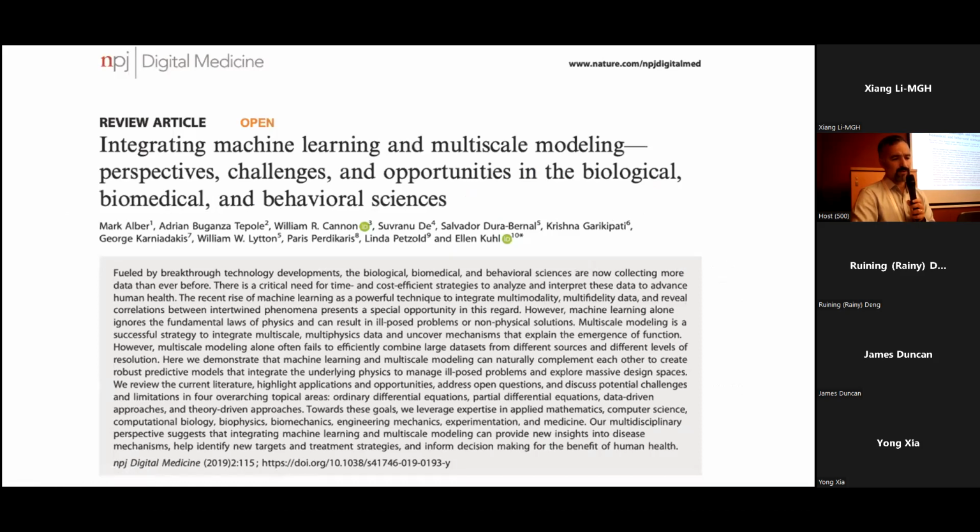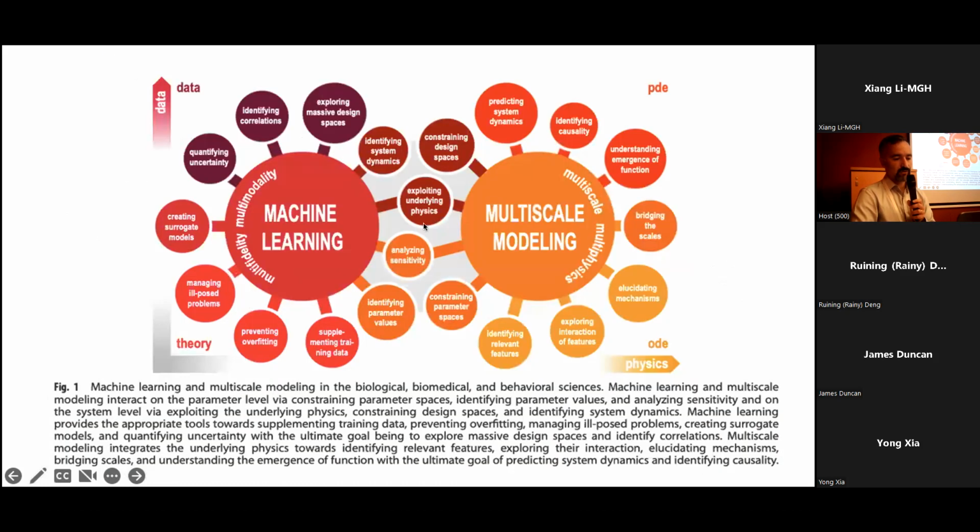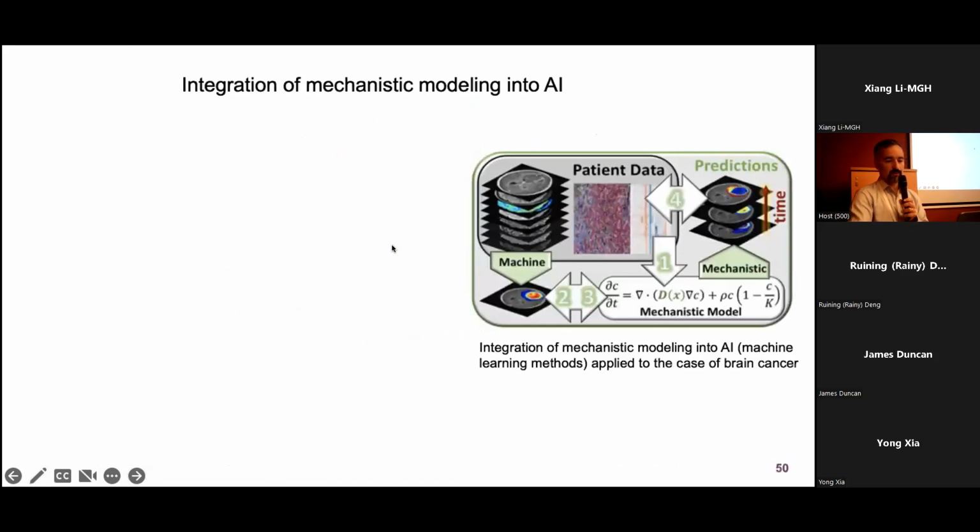So there are some review papers. This is one example where they talk about how machine learning and multi-scale modeling go together. You can look at this diagram. I don't have time to go through it, but there are relationships between multi-scale modeling and machine learning and how they can support each other. But just to give you one example,